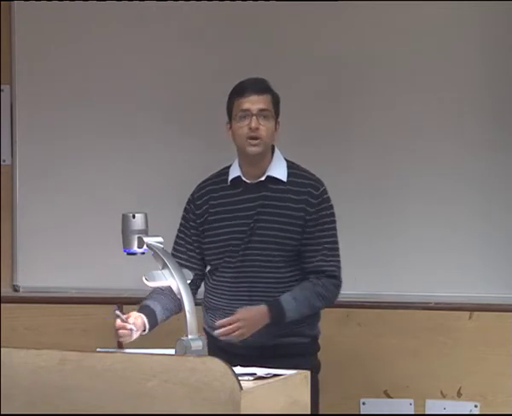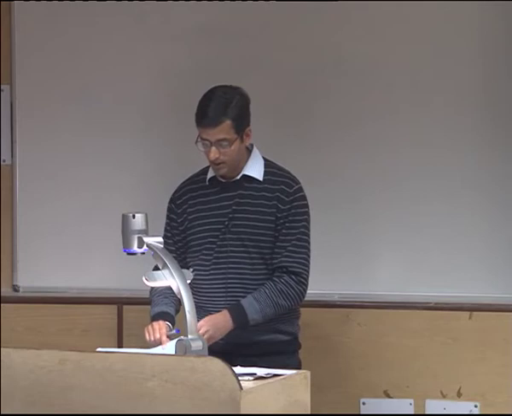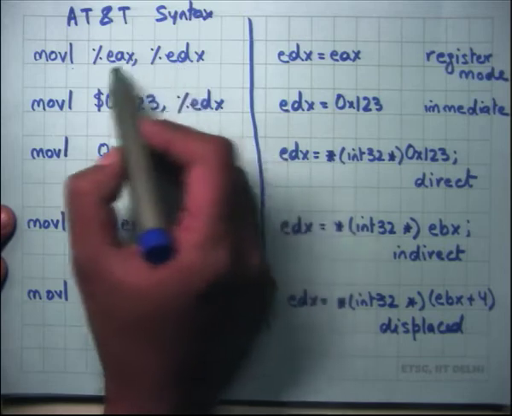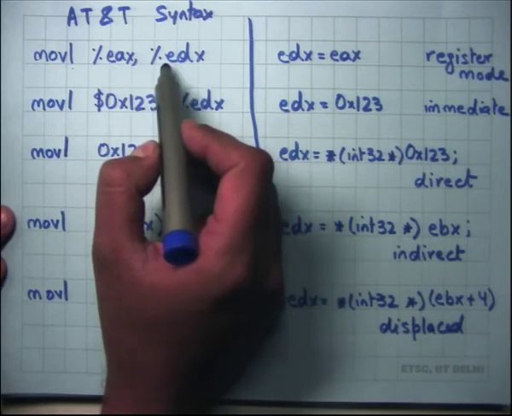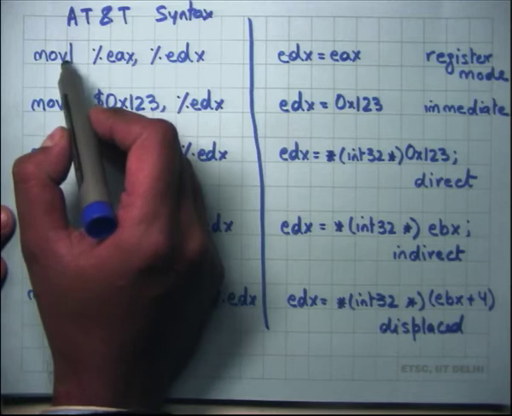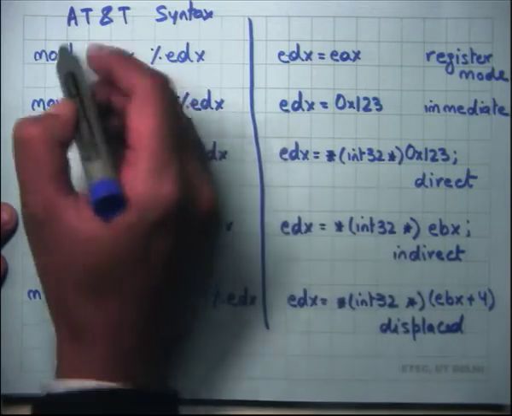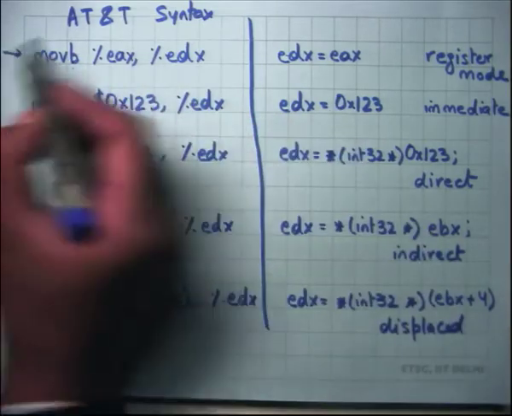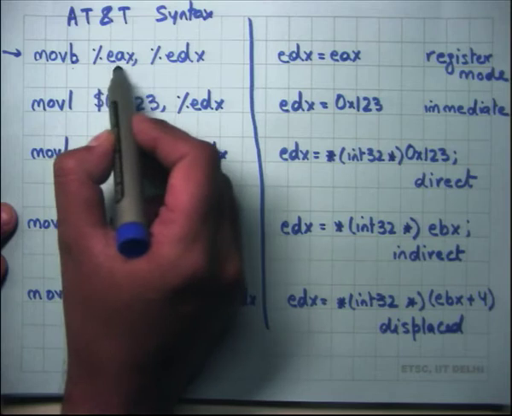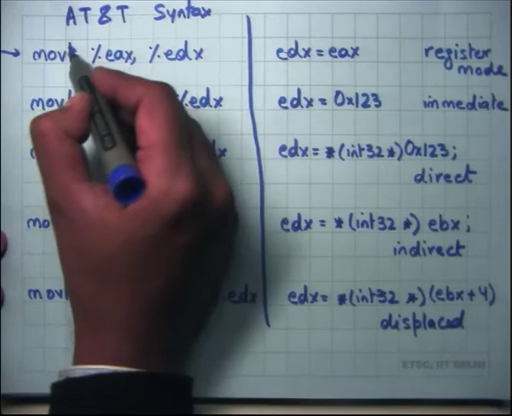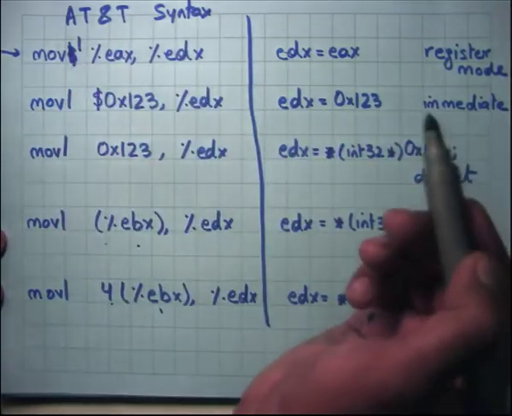What are BWL? BWL are just suffixes to opcodes which specify the size of the operand, right? So for example, in this here, when I say move, I am actually suffixing it with L, which basically means treat these values as 32-bit values, right? If I had instead used B here, it would have meant I'm working on 8-bit values. Actually, if I say B here, this is an invalid instruction. This is an illegal instruction because I'm specifying 32-bit registers and I'm using B here. So there are some instructions that are not possible. So L is the only valid legal value here.